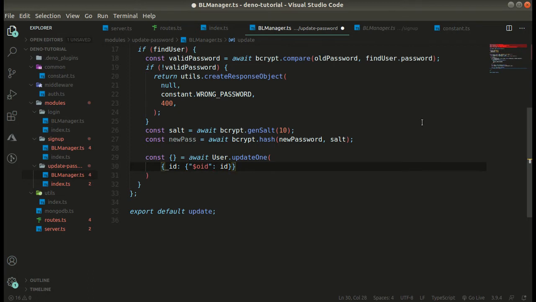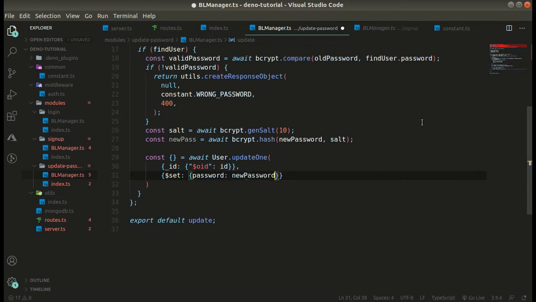And we are going to set the current password as the new password. I hope this makes sense.